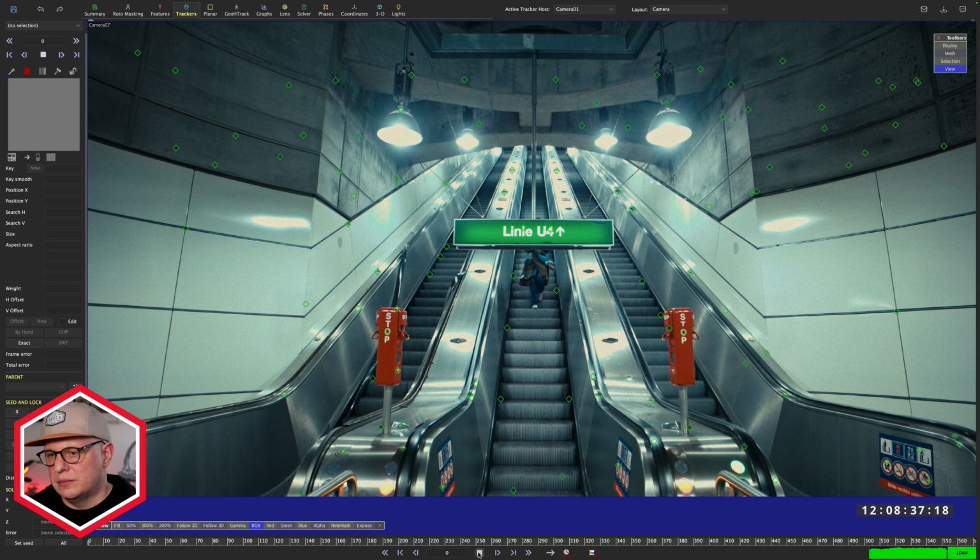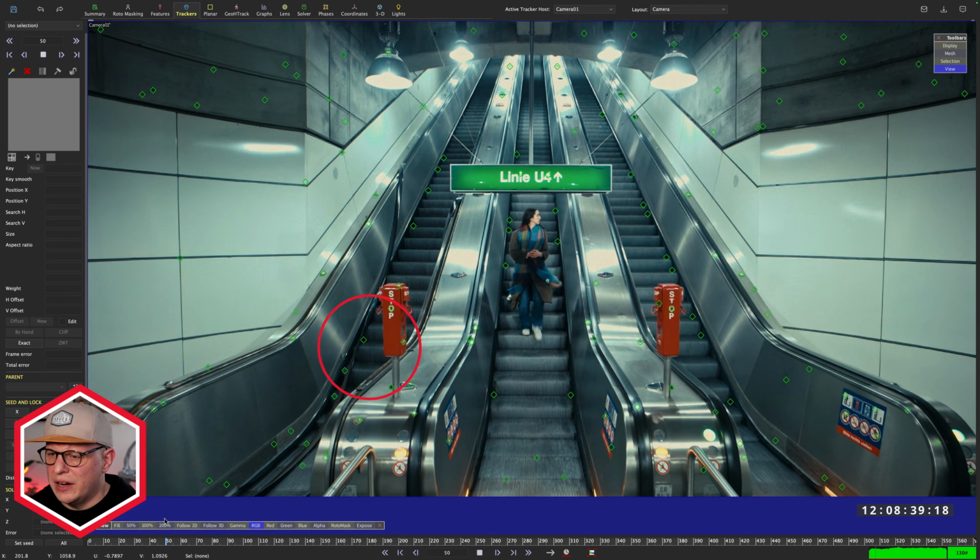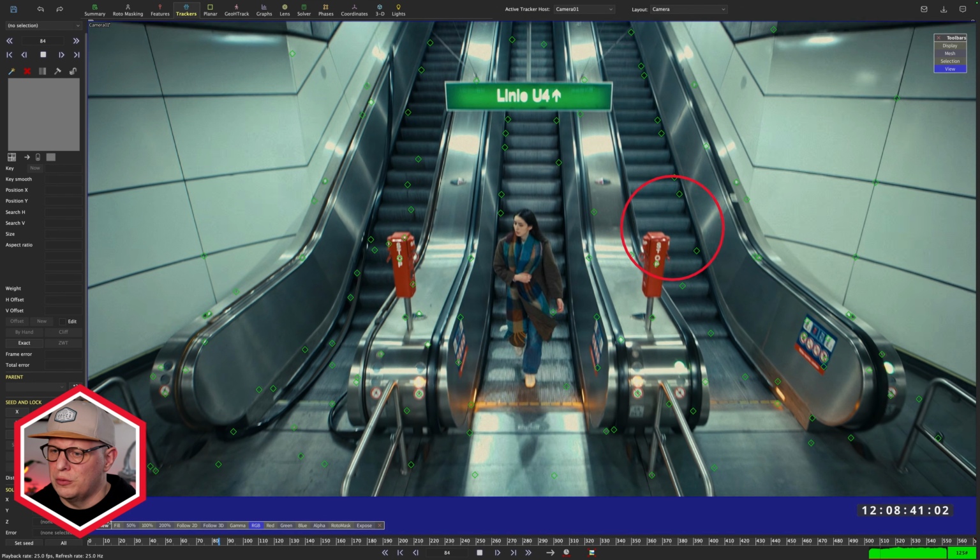Now let's take a look. These look fine, these look great, but yeah, these trackers are taking a ride on the escalator. And that's not going to be very helpful for our solve. I could now step through 500 something frames and delete these trackers manually, or I could rotor the escalators in